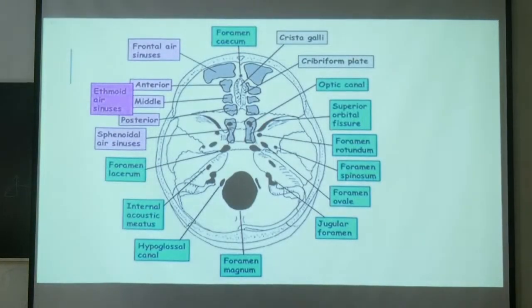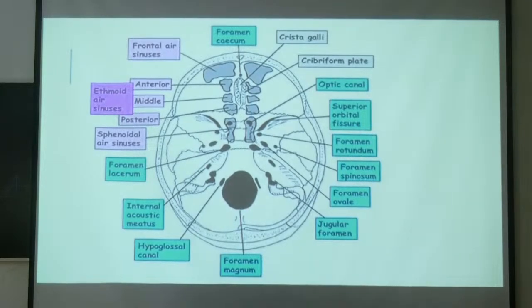So see here, they have labeled this one, so everything is clear. First one is the foramen cecum. Okay, so which one is the crista galli? This one is the crista galli. Okay, it is found in the frontal bone, and it would be pierced by